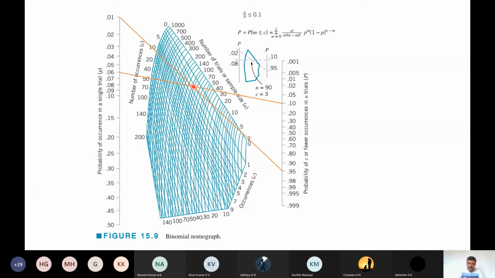So now this is the point. You can find this is the line to find the C value. If this point lies somewhere here, it may be 0 or 1. Now this is the line of 0, this is the line of 1, then this is the line of 2, and this is the line of 3. Now the C value may be 2 or 3, because this intersection point lies between 2 and 3.